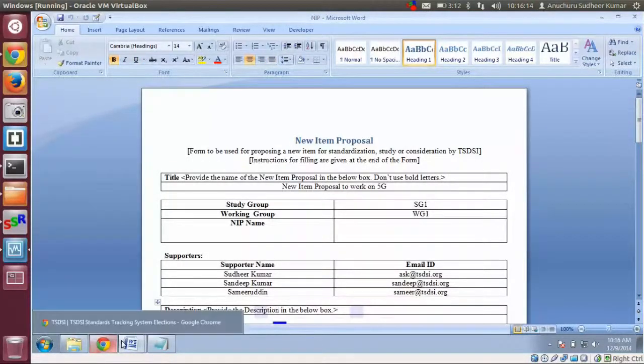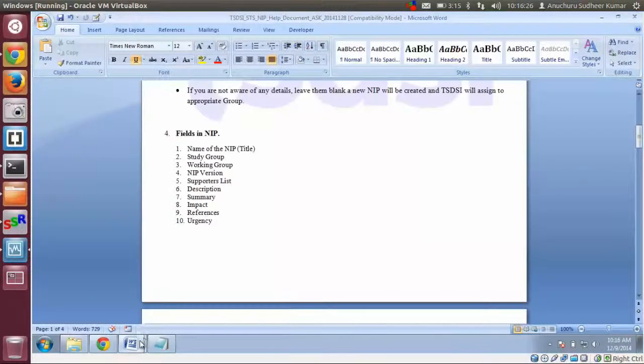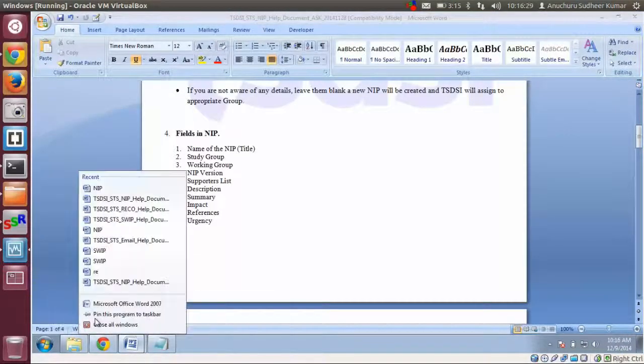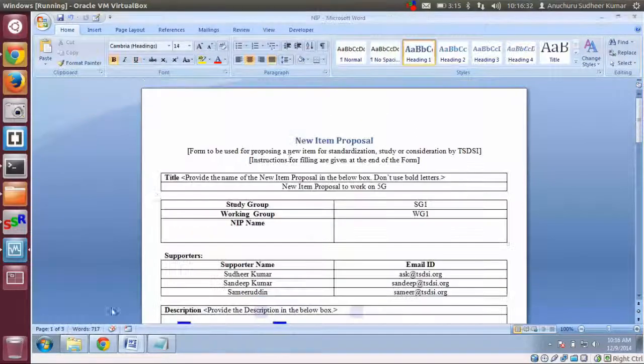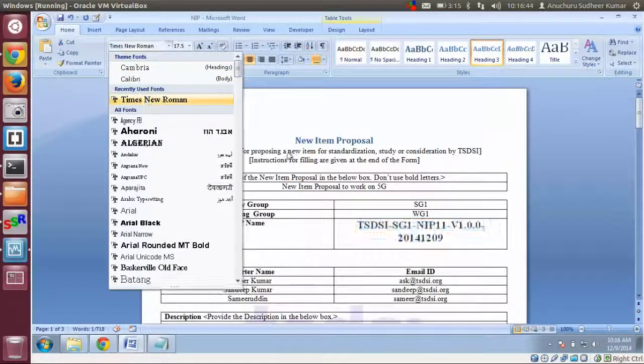Once we fill the form, we save it and send it by email. You can give anything in the subject and body, it doesn't matter, because we are already giving a template.